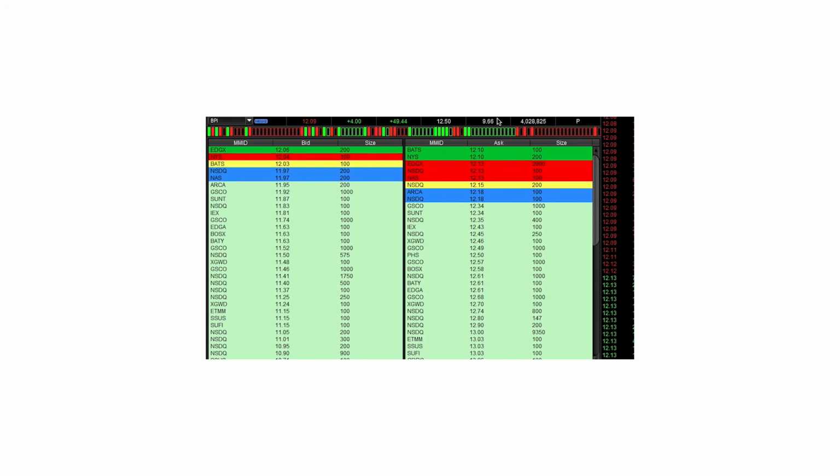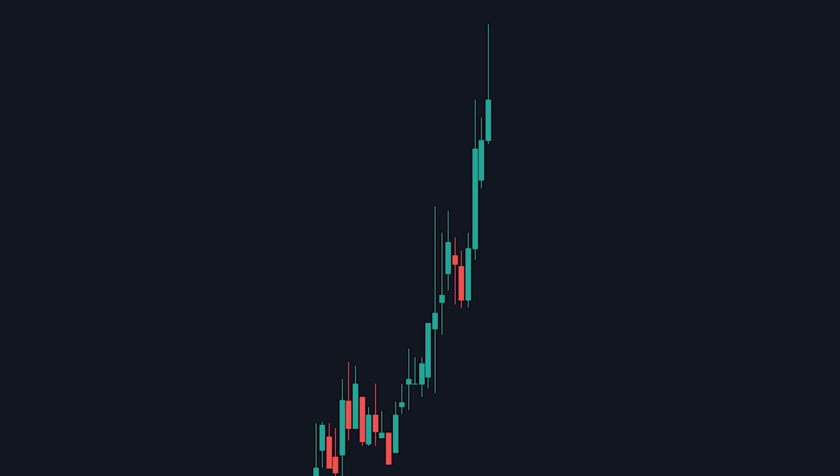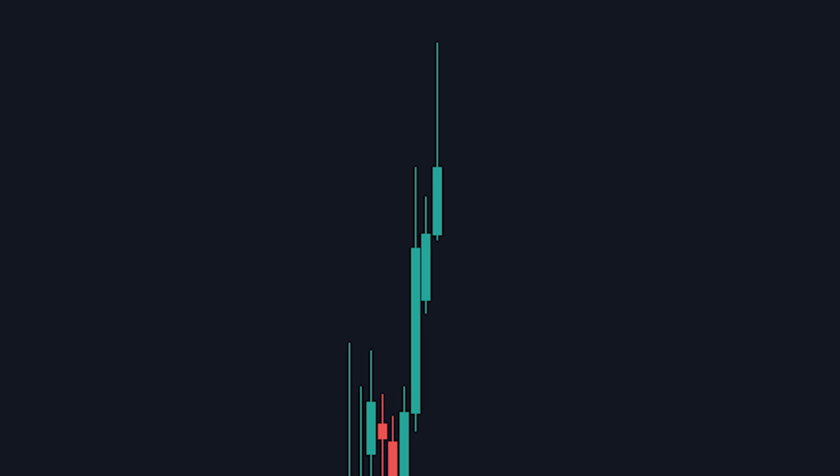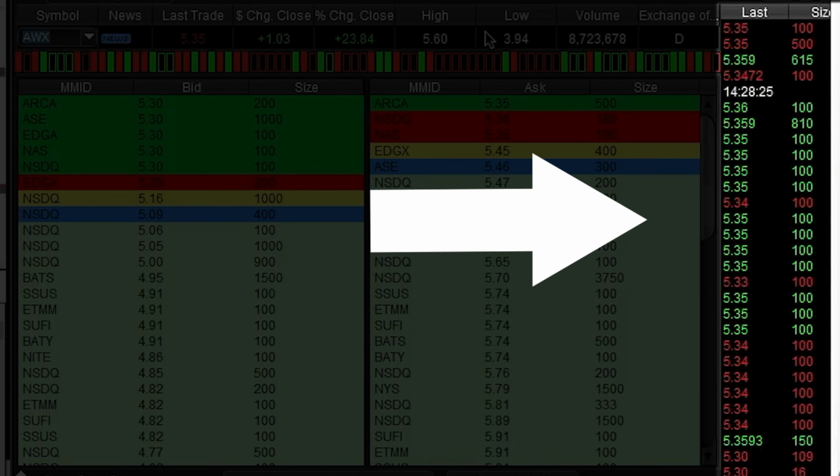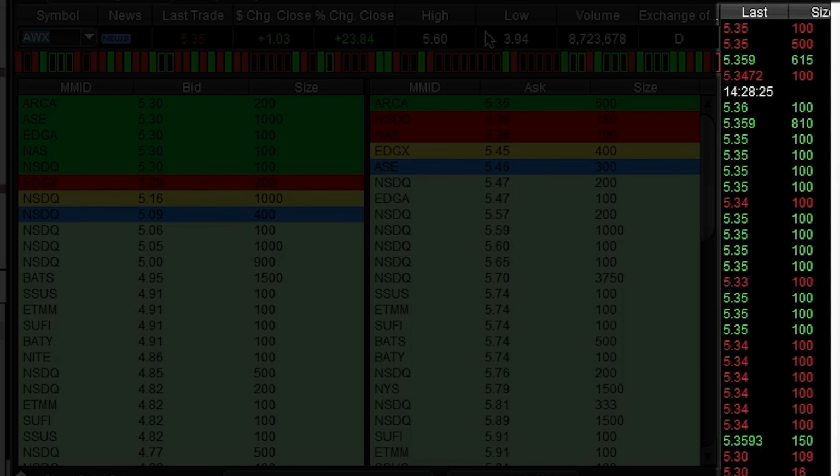The amount of orders and the sizes of them are a key metric with the level 2, but just as important a metric is volume. If there's no volume, the price will not move, which means you won't make money. We want to be in when there's a lot of movement, which, nicely enough, the level 2 tells us that information too. For that, we want to be looking at the time and sales, this right here. We don't necessarily need to be looking at the numbers, but we want to be looking at the colors